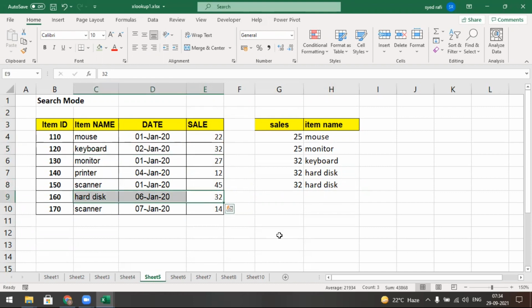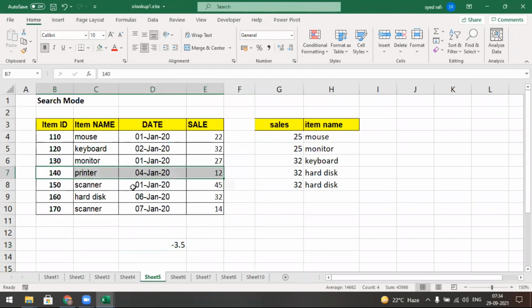So binary search, you may concentrate when you hear binary search. You must remember the mid value will be taken. So how many values are there? 7, 7 divided by 2 gives 3.5. So either you may take 3 or 4, whatever it may be. So I get the fourth one.